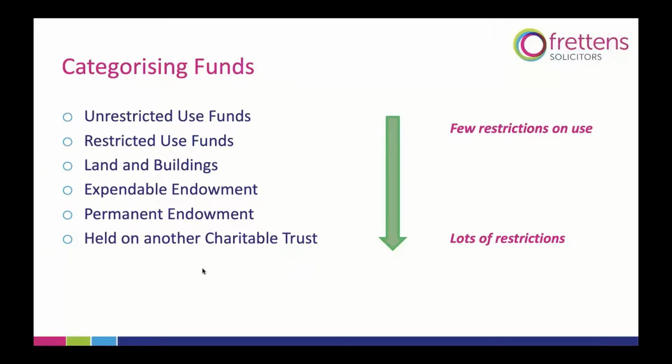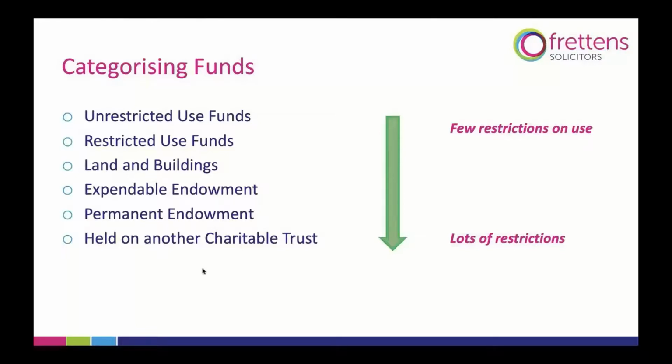Now, when it comes to categorising funds, there are many different categories. I hope I've got all of them here, but probably somebody will tell me that I've missed out something that's important. What charities like is unrestricted use funds, because the clue is in the name there. They have got a very, very broad indemnity there. As long as they're using those funds within the charitable purpose, they are available to pay the running costs, which means the creditors of the charity.